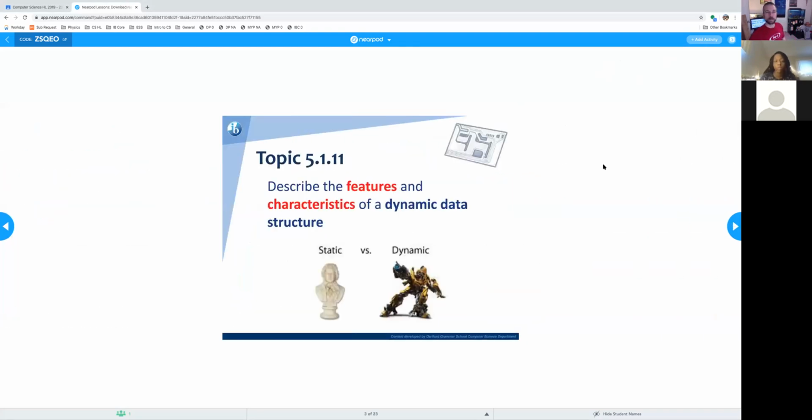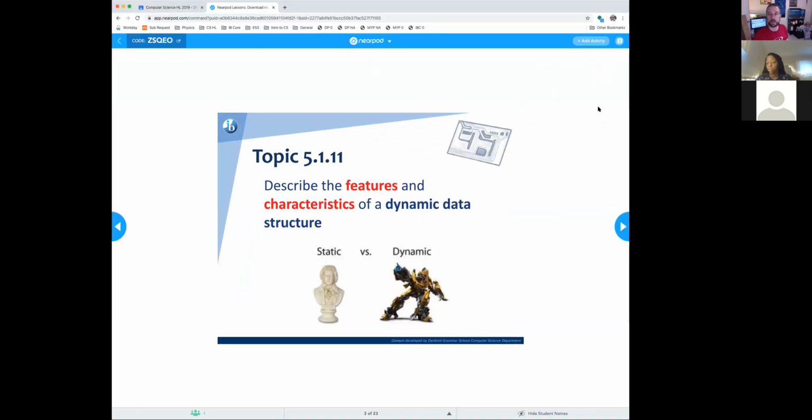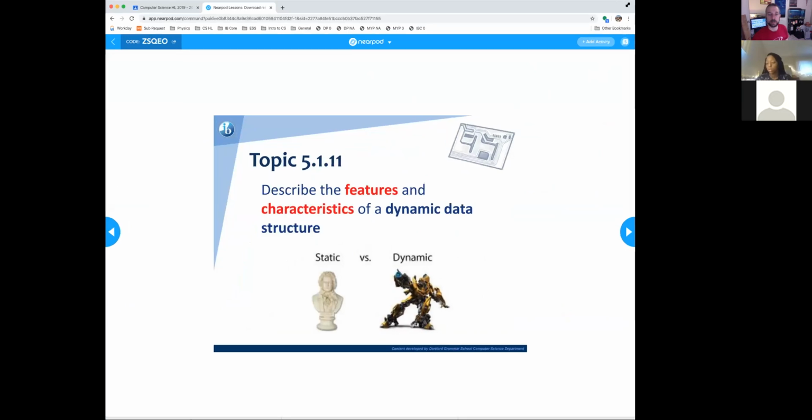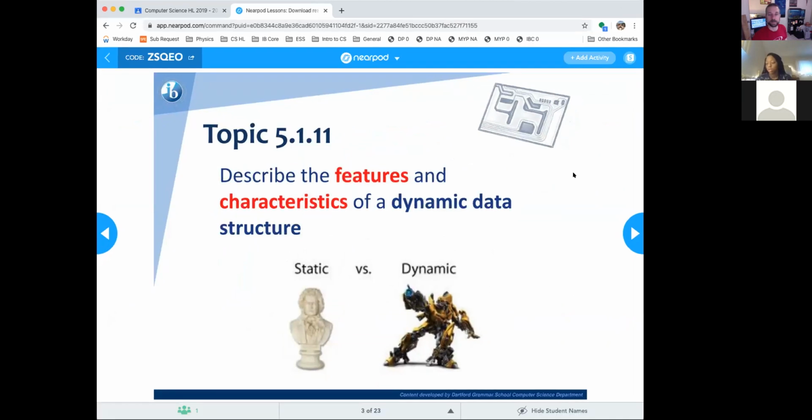All right, this is displaying a little bit smaller than I would like. Let me see if I can change that. That looks better, doesn't it? Okay, so